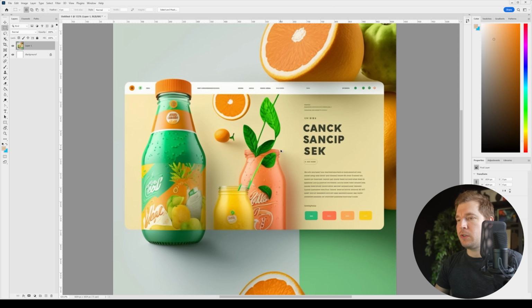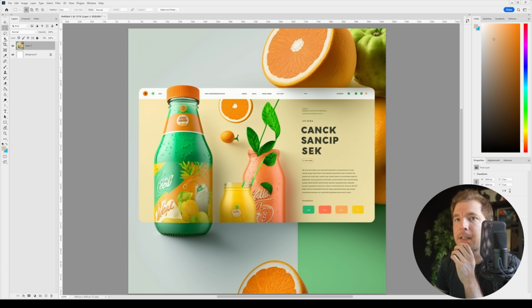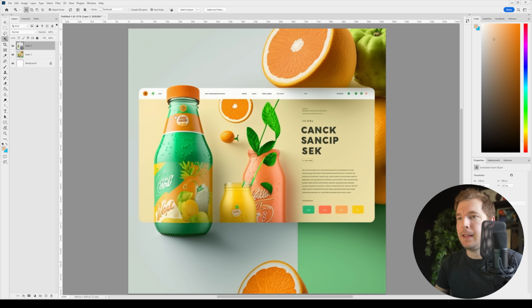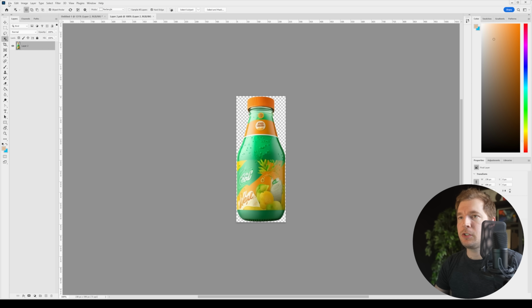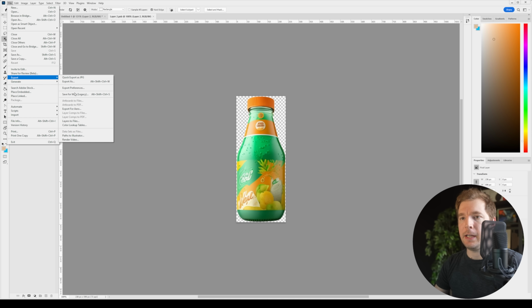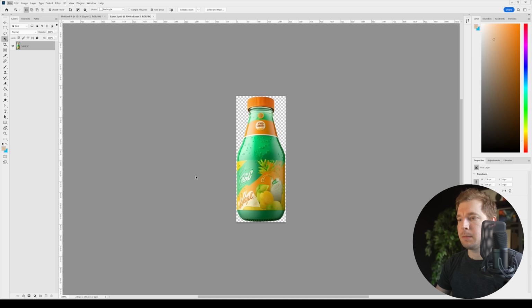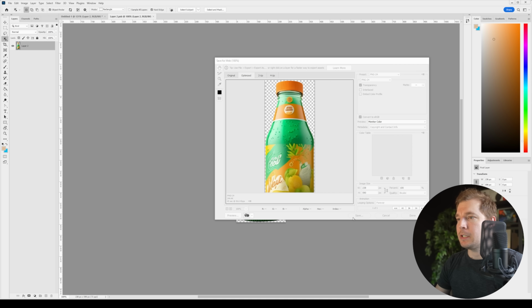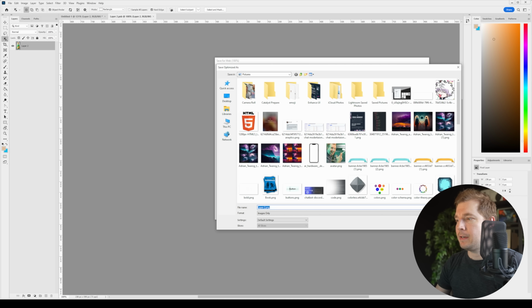This is just over here. I've just literally copied this in. I'm going to select the AI select tool here from Adobe and select the water bottle here, or this bottle of juice. And I'm going to see if I can copy paste it into its own layer on the left hand side. And then I can grab this individual layer and I should be able to file export it to be able to use as part of my own web design. I'm going to save this as a PNG so that it has a transparent background,